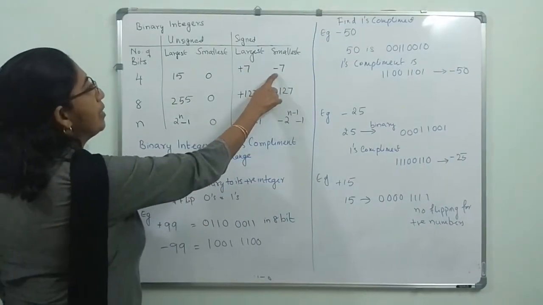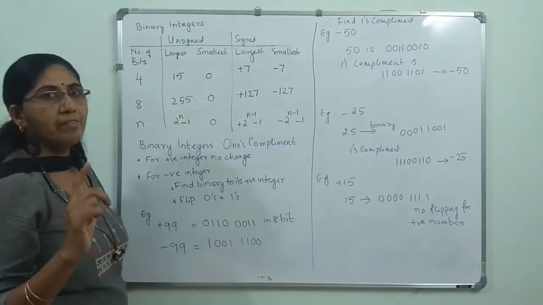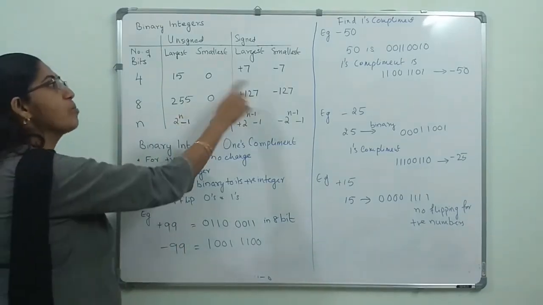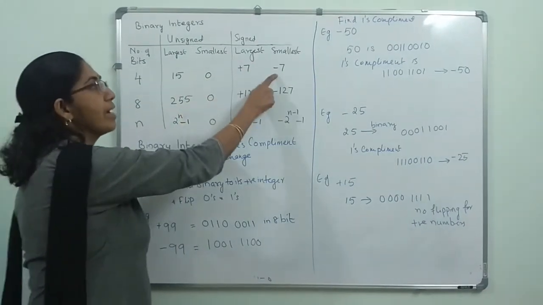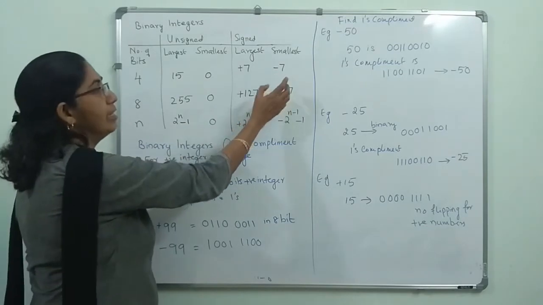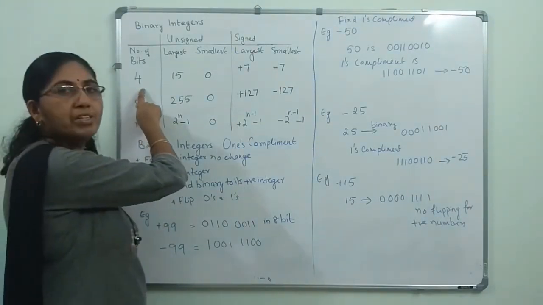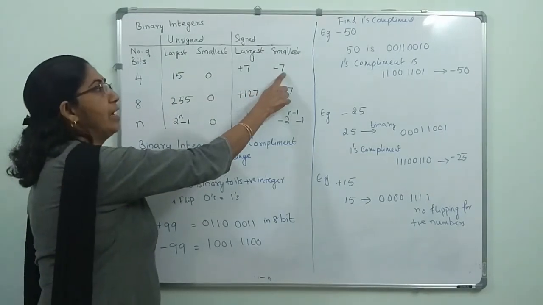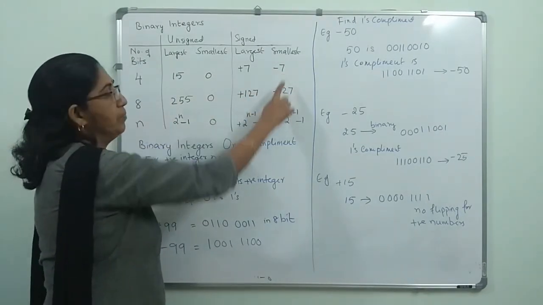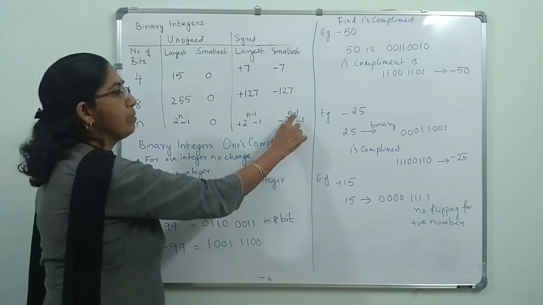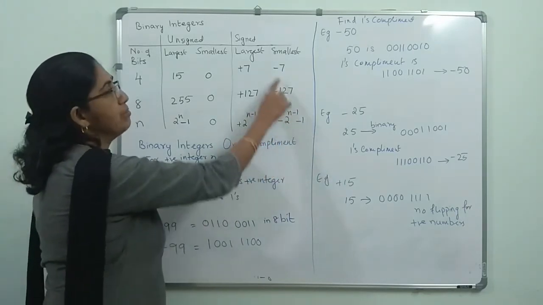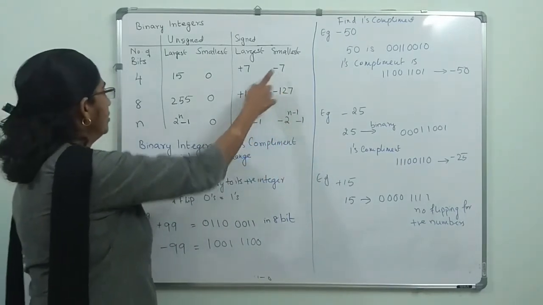And the smallest value, because you are having a negative place, you can go to a still smaller value than 0 in the case of the signed magnitude representation. Again, you will be having only 3 places to represent the number, because you have taken a 4-bit, 1 bit goes for the sign, and the maximum will be 7. That is minus (2 raised to n minus 1, minus 1). That is the value for the smallest number.